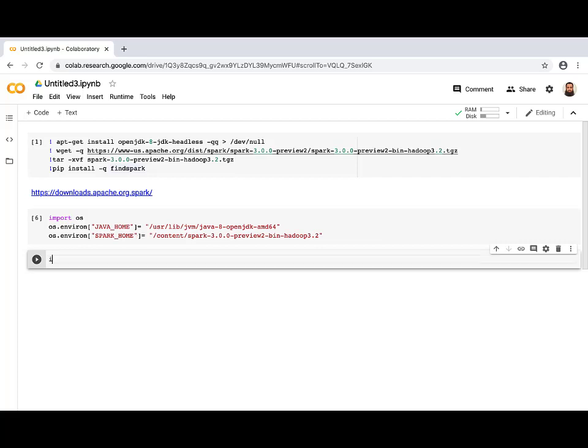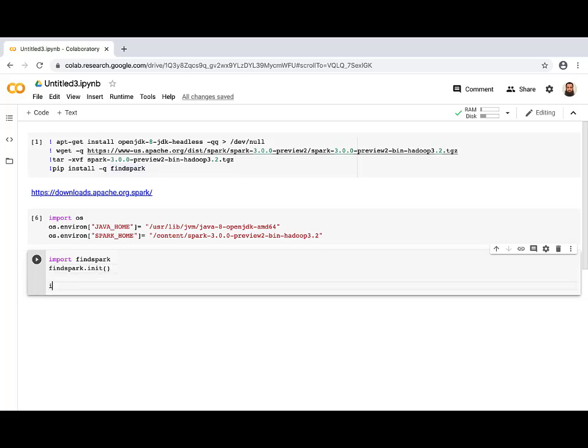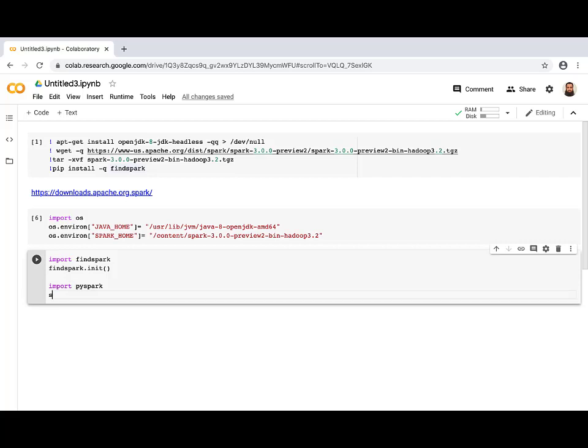So I'm going to write this, as I was telling you that you need to use findspark if you need to import it. We have already used the pip install. You need to import it if you are using Spark on a local machine. So we will import findspark, and then we just call findspark.init. Okay, and then also you have to import PySpark, and we are going to say pyspark.SparkContext